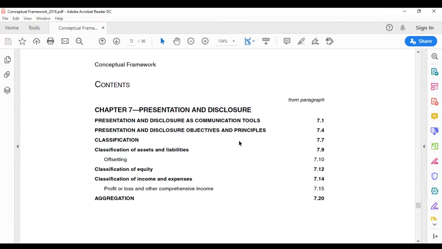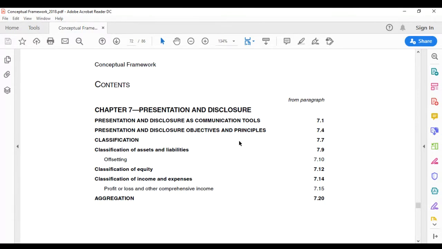For instance, for each category of property, plant and equipment, and if I refer to a category, something like motor vehicles or plant or equipment or office furniture, land, as you've mentioned, buildings perhaps, for each of them we have to provide additional disclosure, such as its cost or its revaluation value, which we'll talk about in a month or so, its accumulated depreciation, something we'll learn about soon when we do PPE, its accumulated impairment losses, and its carrying amount. The difference between your cost and your accumulated depreciation and your accumulated impairment losses provides you with a carrying amount. So those are additional items that must be disclosed, but not presented on the face of your statement of